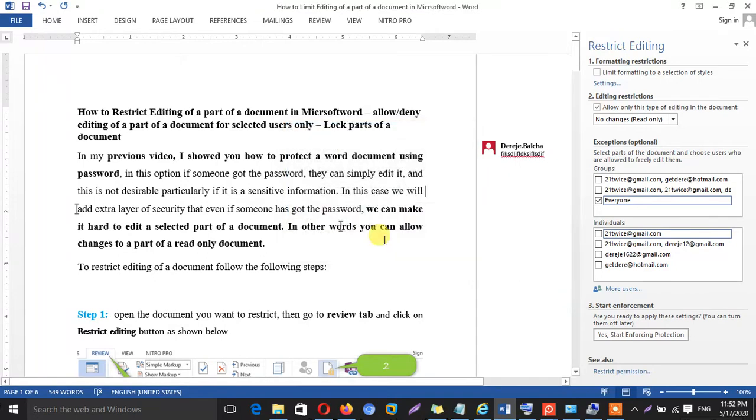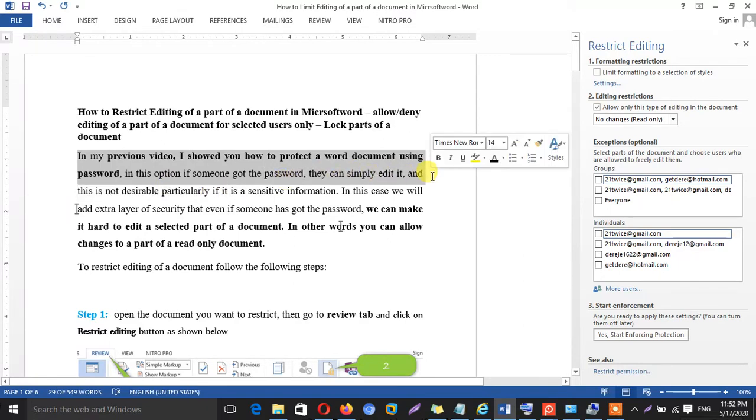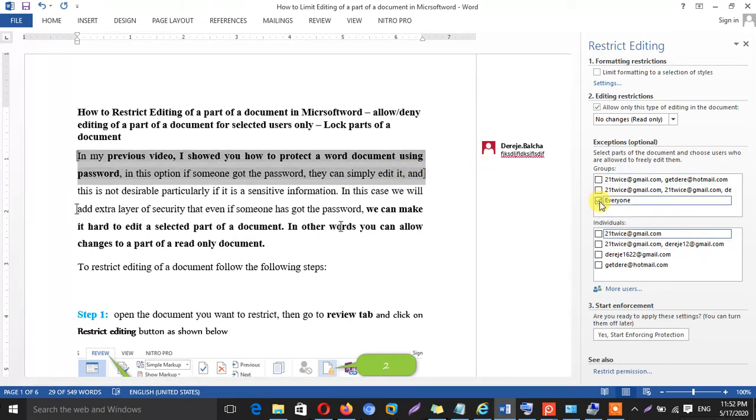One thing first. After selecting no changes, read only, you need to select the part of the document that you want to give permission to be edited by those individuals you are going to allow. Now I selected here. I can come here and select everyone.